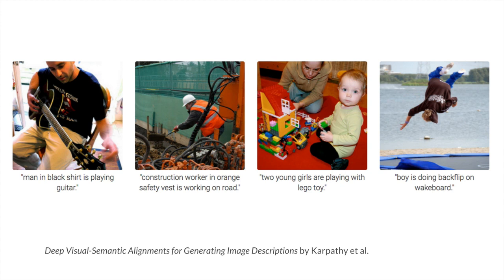Here's an example from the Vision group at Stanford. This was published a while back. What we can do is train a network to generate a caption given an image, and note that these captions aren't just being retrieved. These are actually being generated. New captions are being generated. This is a really cool example of taking two different modalities of data, images and text, and blending them together so you can automatically caption images.